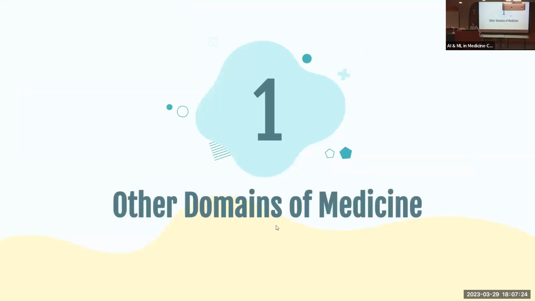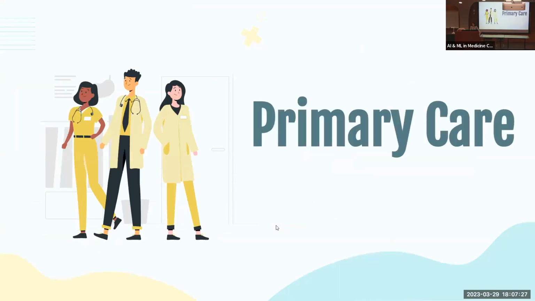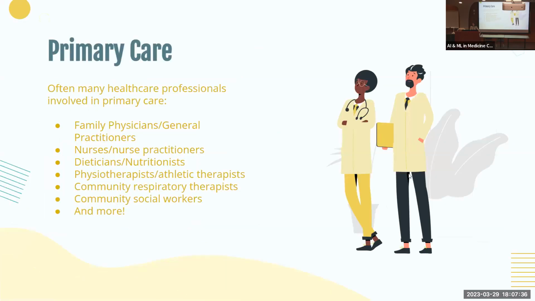So for other domains of medicine, I really wanted to put an emphasis on primary care. The reason I'm putting this emphasis is because I'm trained in primary care. And also, in a sense, primary care is a little bit of everything. There are lots of people involved in primary care. When we're thinking about doctors, we're really talking about the family physicians and the general practitioners. As you know, in Canada, we have a socialist health system. So we're trying really hard to find other ways to get people care without actually having to see a family doctor because we are so short on family physicians.